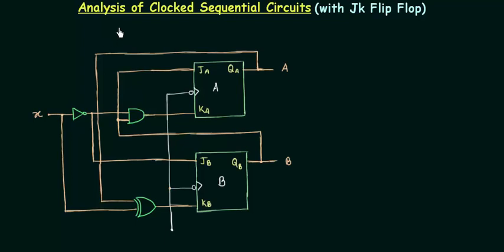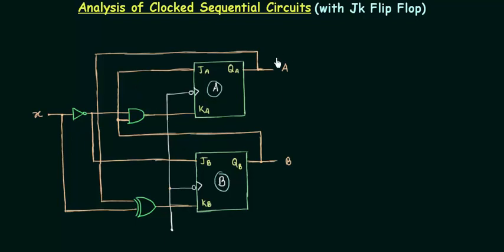In the last presentation, we did the analysis of clocked sequential circuits with D flip-flop, and in this presentation we will continue the analysis with JK flip-flop. I have taken the circuit in which there are two JK flip-flops, the A and the B. These are my two JK flip-flops, and in this sequential circuit you can see there is